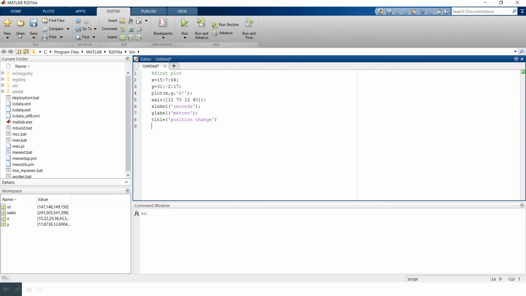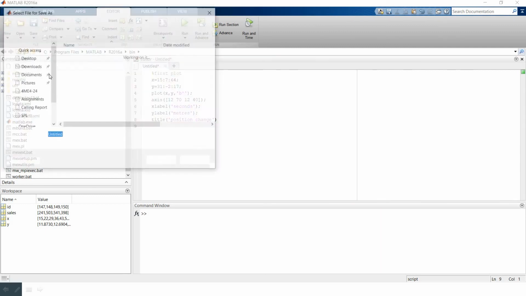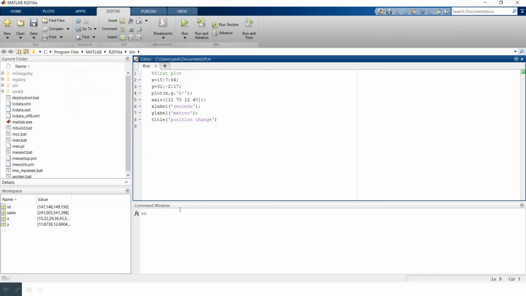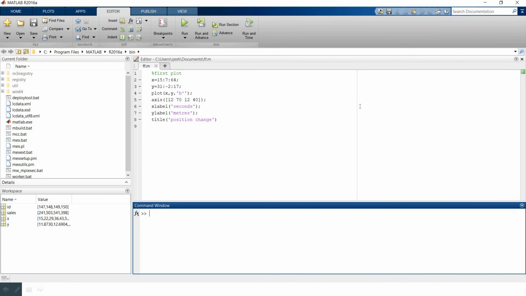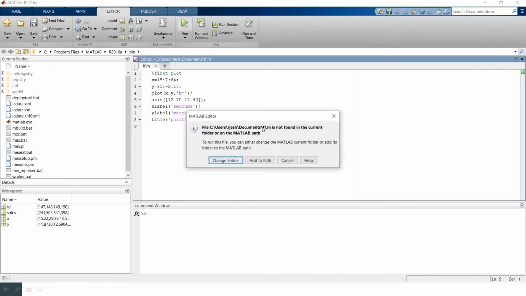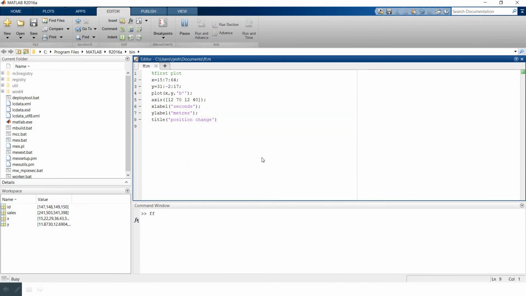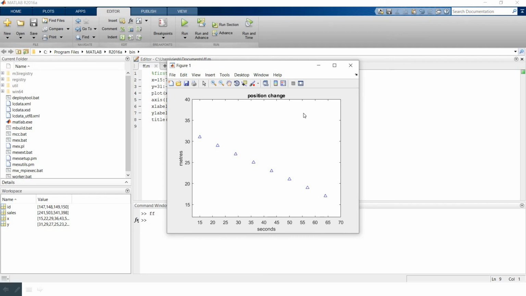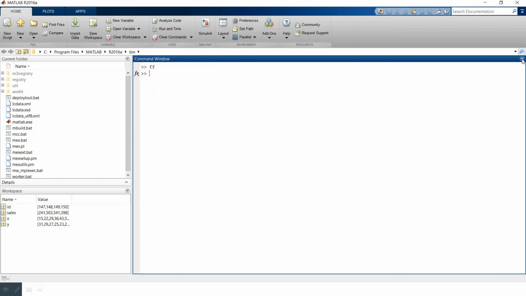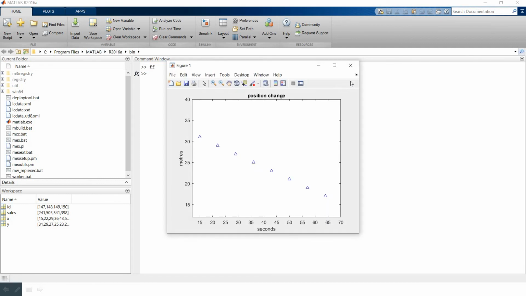First, we'll save the program. Save the document, just name it as FF. We have named it as FF. Let's close this window, or you can run from here. Either way it will do. Either you can run from here, or just close this window and call the function. Let's call out the function. So it is creating.